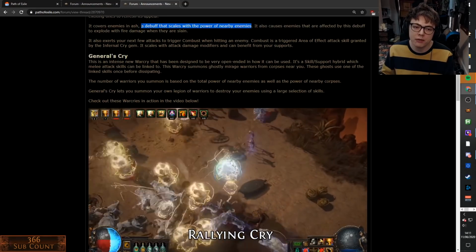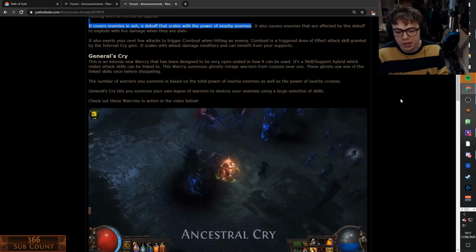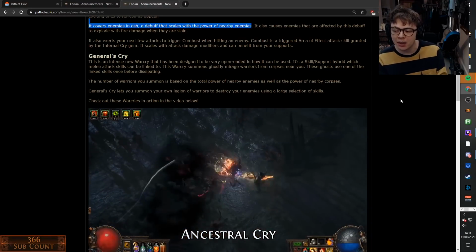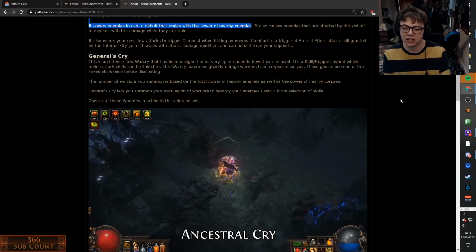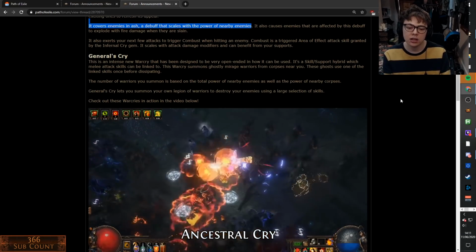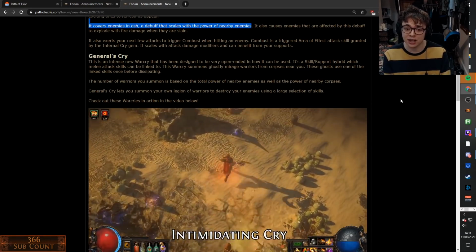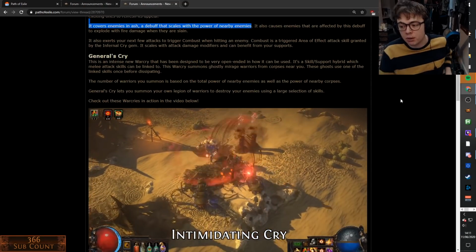This is the one bit of wording which worries me a little bit. So base Ash is 20% more, but now it apparently scales the power of the enemies. So they might have it so that Ash isn't always a guaranteed 20%. Because if 20% is the base value, then it scales more than that. That seems like it'd be too powerful. So I'm guessing it probably has like